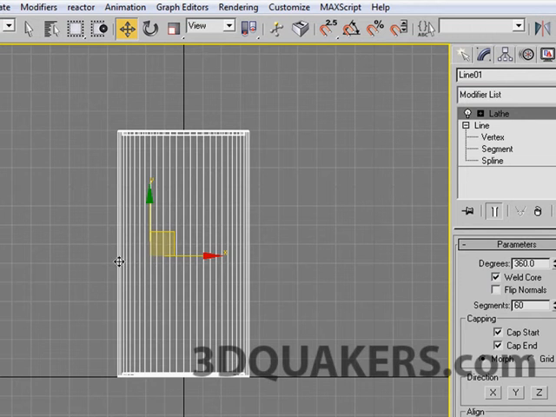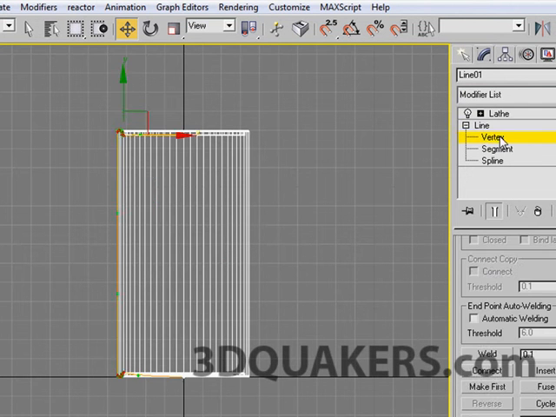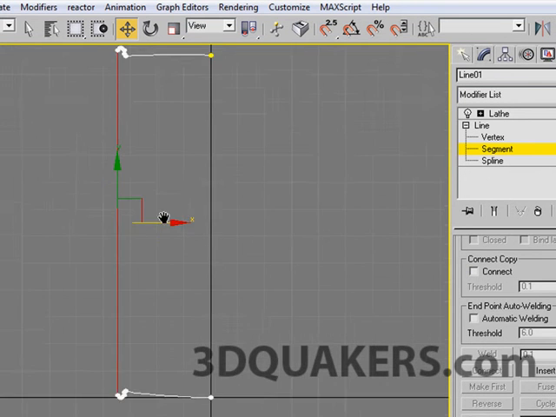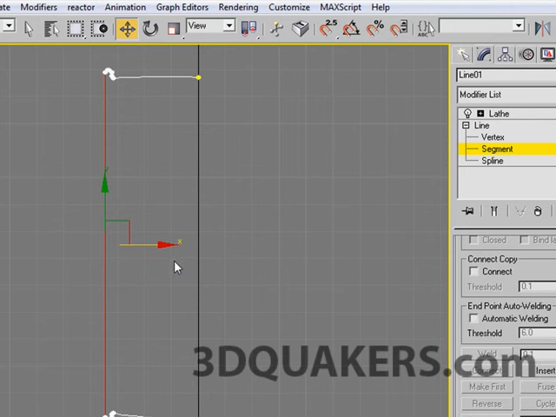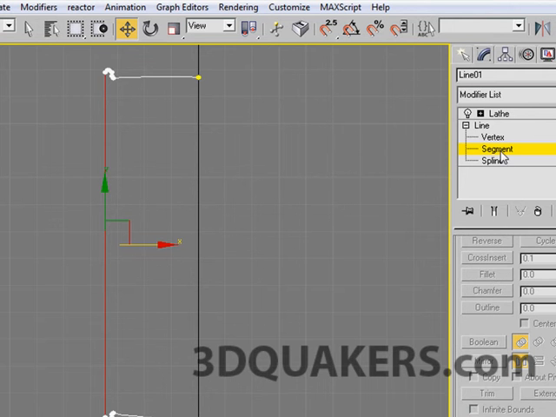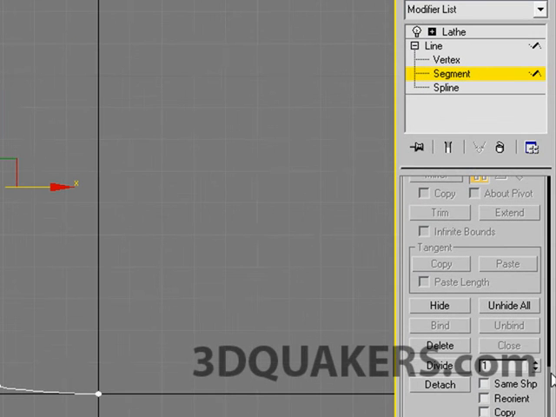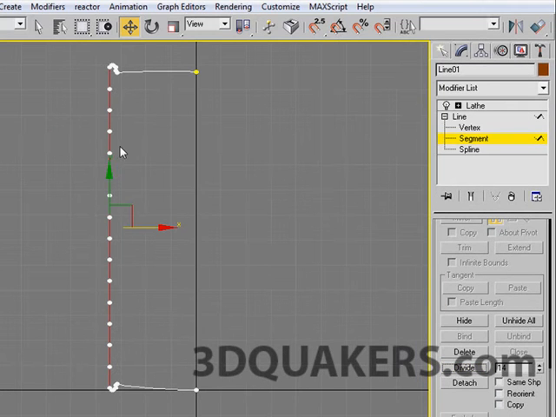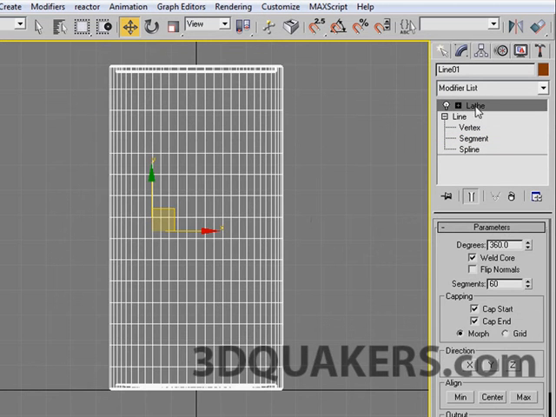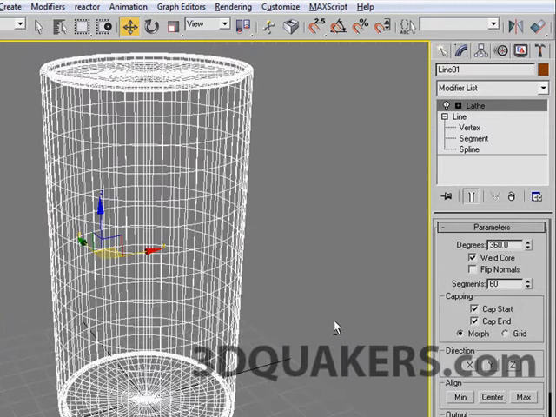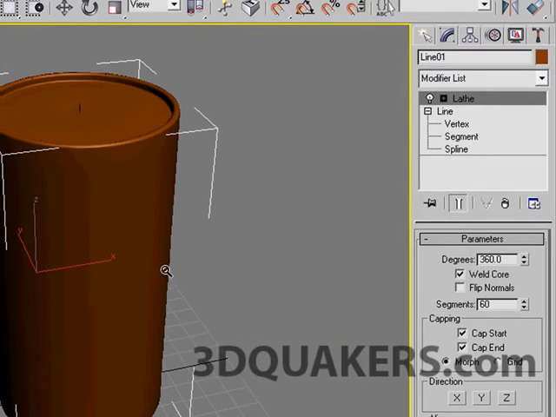I have a problem because I'm gonna explode this, which is the horizontal subdivisions, which I don't have. To get them, I'm gonna uncheck Show End Result just to see the line. I will select this segment here, right, and I'll scroll down. Remember, I'm in segment mode, and there is my divide command. So if I up the value, say to something like 14 and divide, I'm gonna have 14 vertices inside, which means that if I go to Lathe, I'm gonna have my horizontal segmentation,